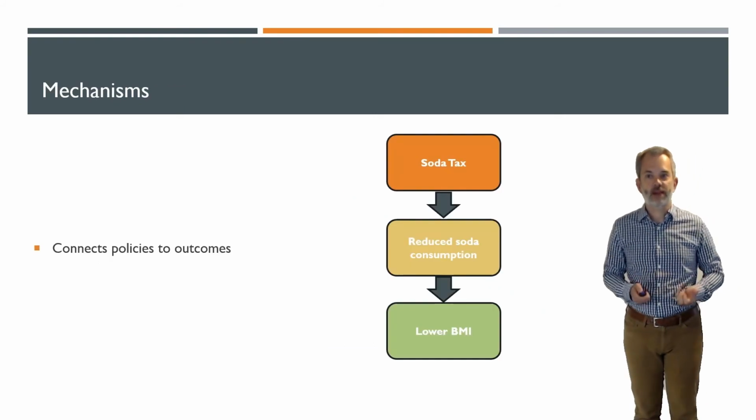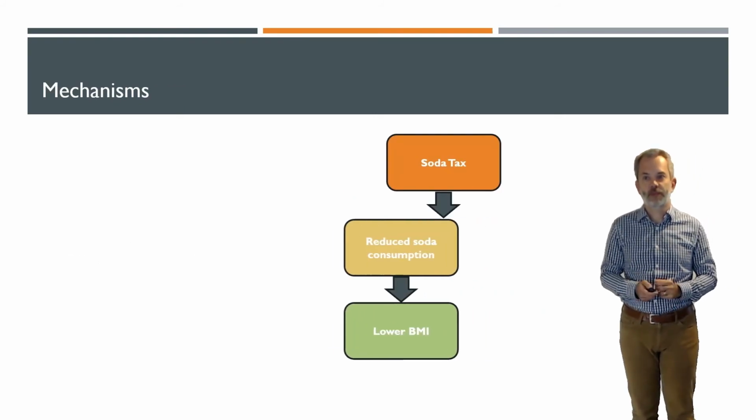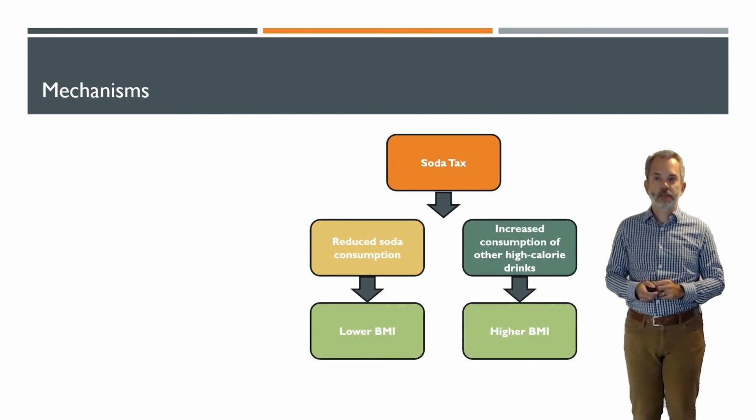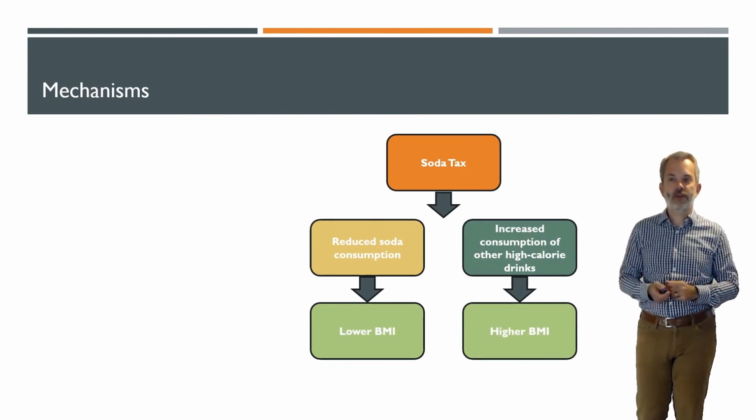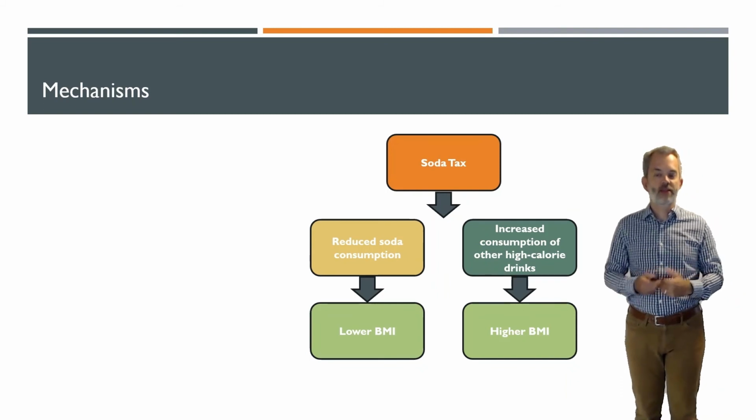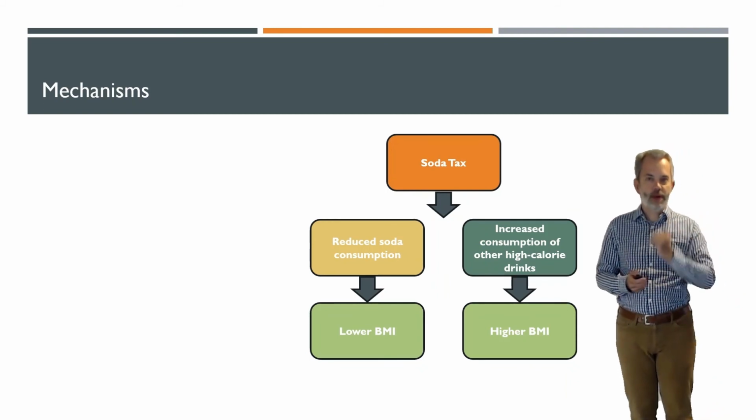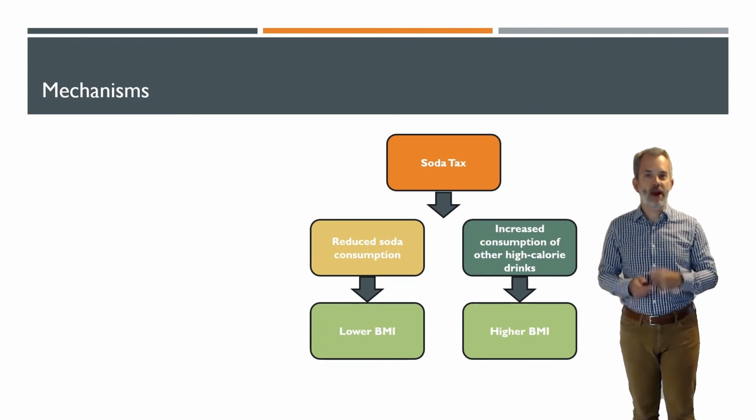So this raises a second potential mechanism that says, you know what? The soda tax might increase consumption of other high-calorie drinks, which will lead to a higher BMI. So we've got that economic mechanism through the biological model to get to our outcome of a higher BMI,